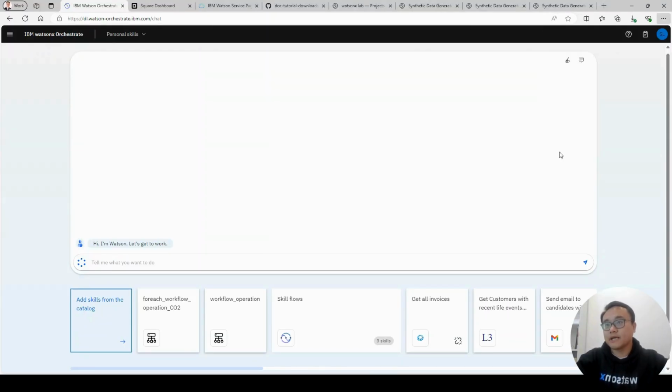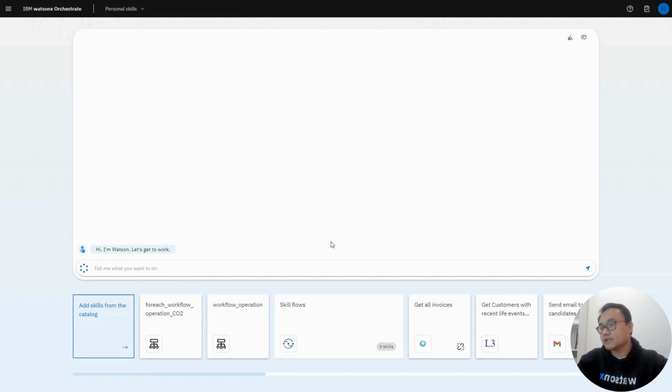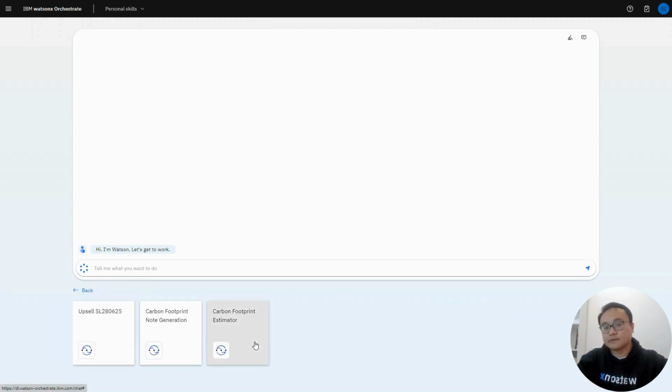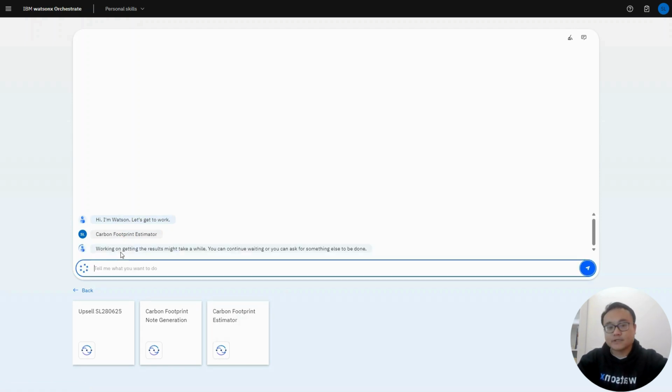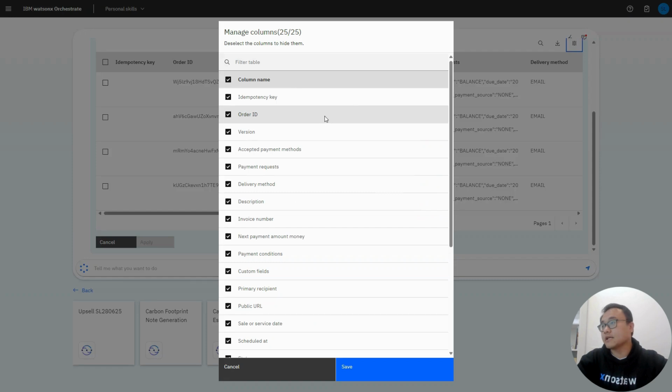So what we are seeing now is the chat window, and within this window, think about I'm the person who needs to do this carbon footprint estimation. I can easily go to this pre-built workflow to go through those steps. Then I just need to click the workflow I want to use, and as the first step it will trigger to get all the invoice data from my systems. For example, all this data is from my